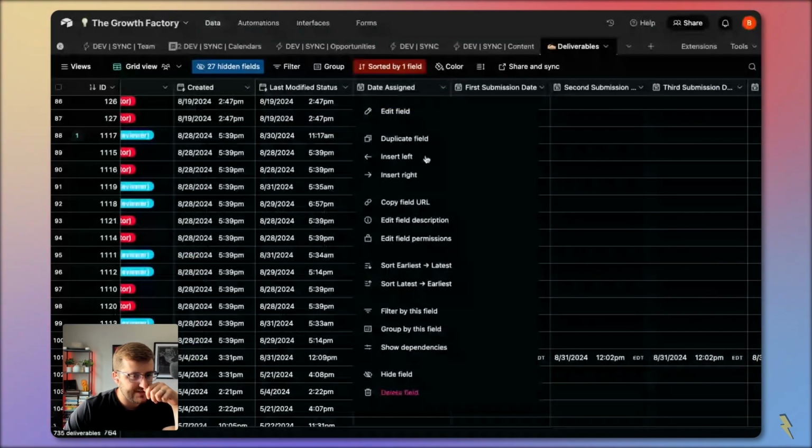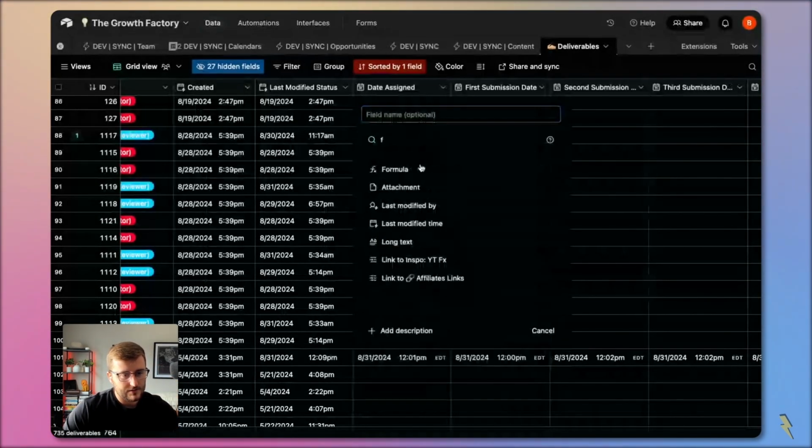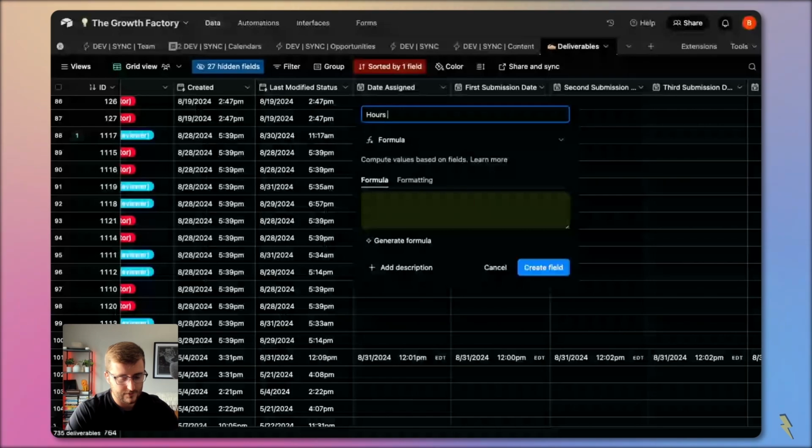However you want to do those dates, I'm going to show you this formula once, and you can apply it to whichever of these date fields you want. So we're going to choose a formula. This is going to be hours. Actually, I'll show you this formula twice. From start to